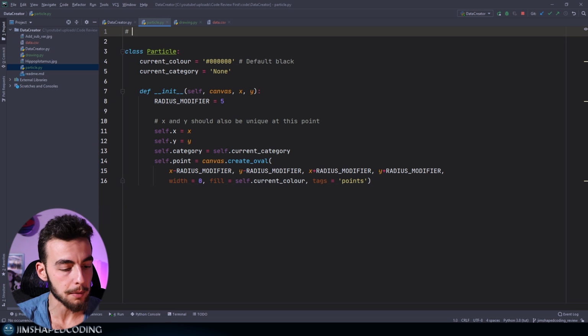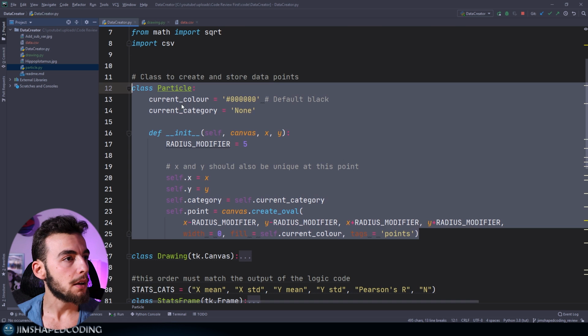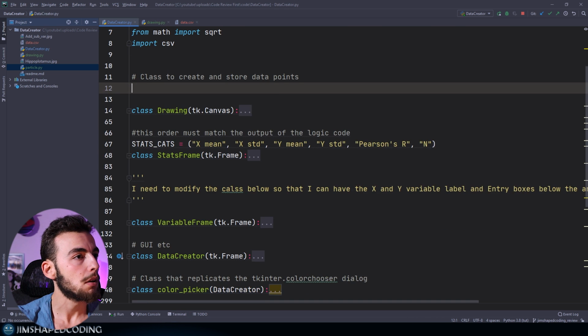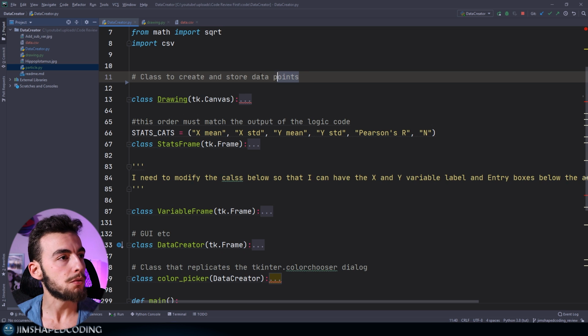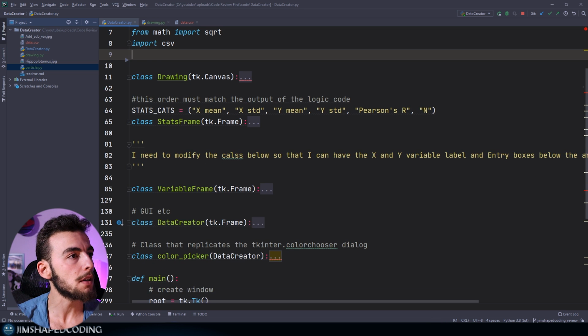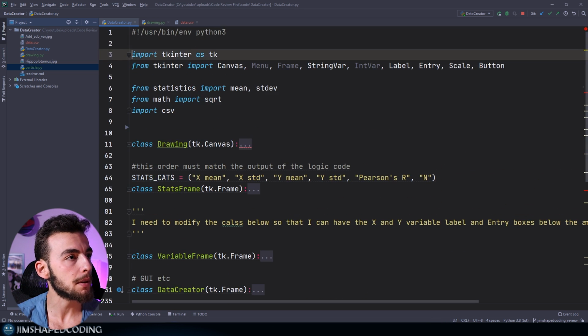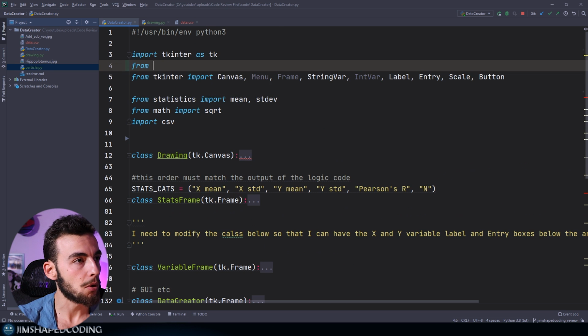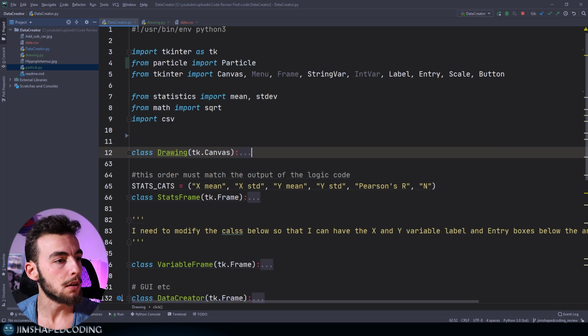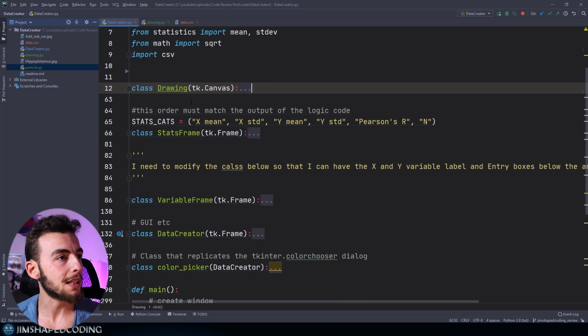So I can just write here something like, this file is for designing the particle, and I can leave it here, and I can now remove this one from here, and then I can remove this one from here as well, and I can say up top something like from particle import particle, and then the errors will be gone. We should also do that with the drawing, so I will remove this one from here like the following,